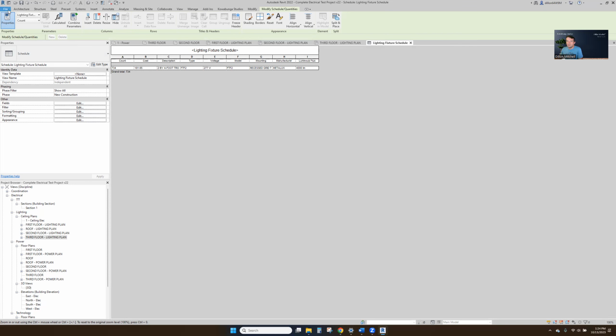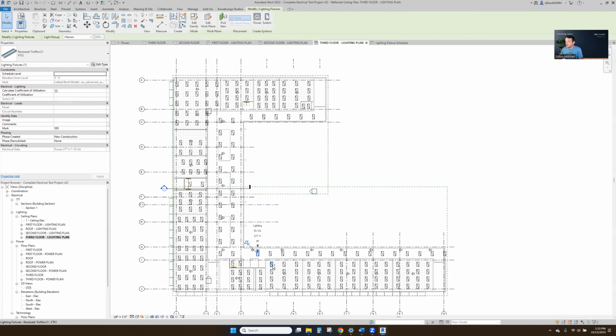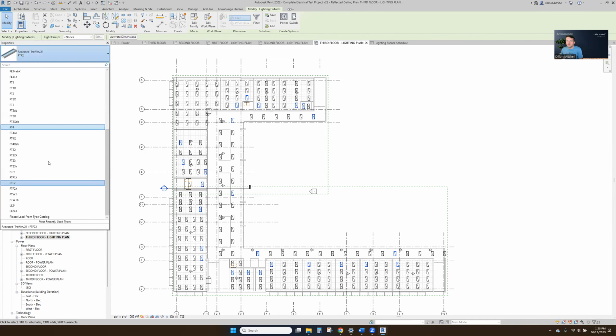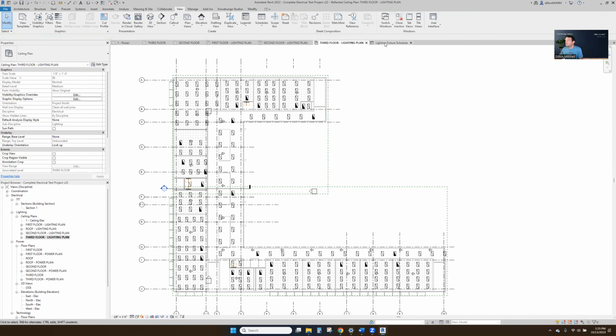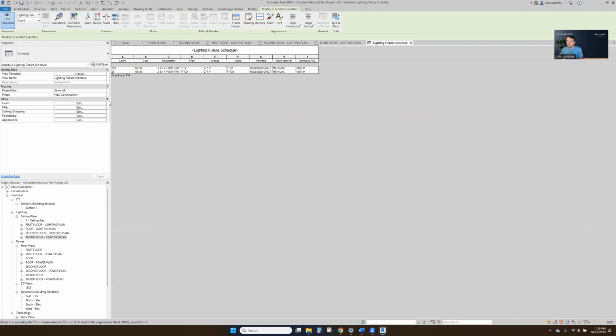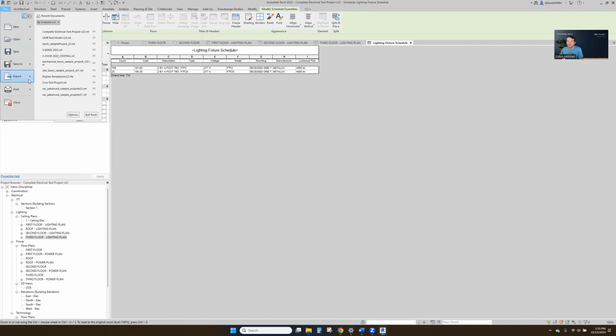So we can go to file. And actually, let's just put some other types on this. Basically, let me select one in every room here for emergency. Obviously, you'd have more than this, but we could just show that we've got two types, right? So there we go. And then again, we'll go file, export,